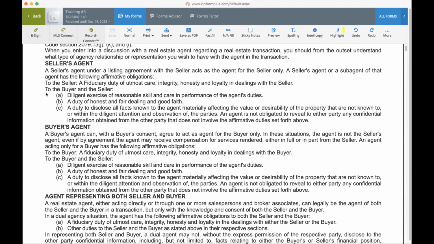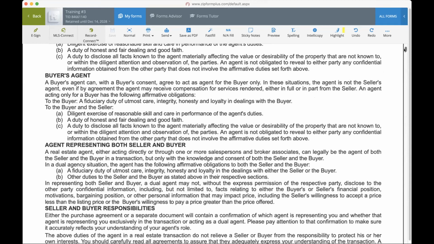When we're representing both, we have to the buyer and the seller these duties: the diligent exercise of reasonable skill and good care in performance of our duties, a duty of honesty and fair dealing and good faith, a duty to disclose all facts known to the agent materially affecting the value or desirability of the property that are not known or within the diligent attention and observation of the parties. An agent is not obligated to reveal to either party any confidential information obtained from the other party that does not involve the affirmative duties set forth above.